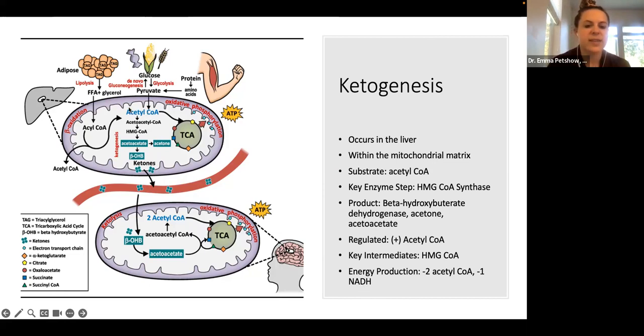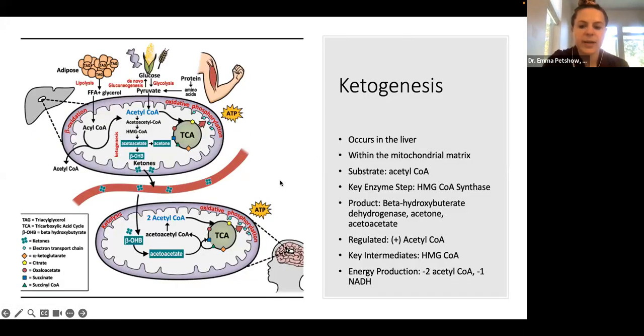So we can see here in this process, we have acetyl-CoA going to HMG-CoA, and then we have the actual initial ketone, acetoacetate, which can be converted into acetone, which will often be expelled. You can see it in a breath. It's very sweet smelling. Or it becomes beta hydroxybutyrate. These ketones can then move into circulation and be taken up in places like the brain. Beta hydroxybutyrate can then be converted into acetoacetate, and it can be used to get us back to acetyl-CoA to form energy.